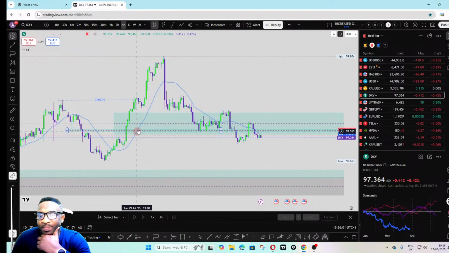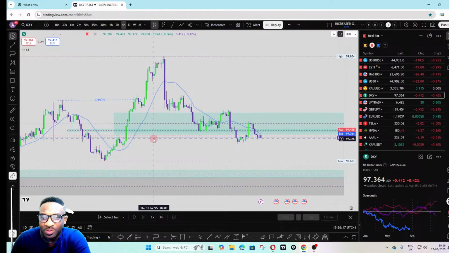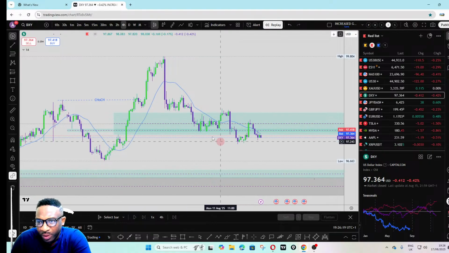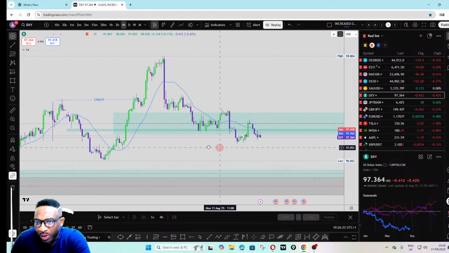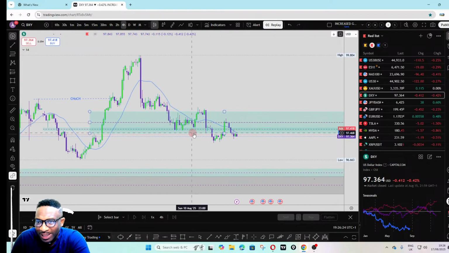So over here, this is the initial move that caused the break of structure. So this is the correction move. So the impulse move, then the correction to fill the imbalances that were left, or to balance the imbalances to make the market efficient. Okay, so from this point on, the most recent break of structure, we can identify it to be here, and then that's where we'll have price coming back to this area